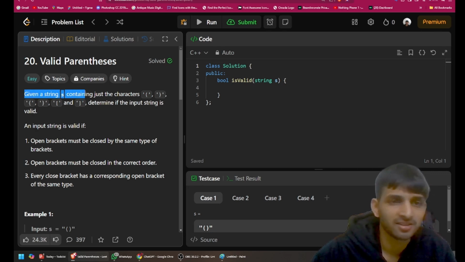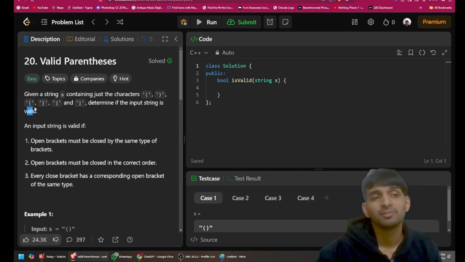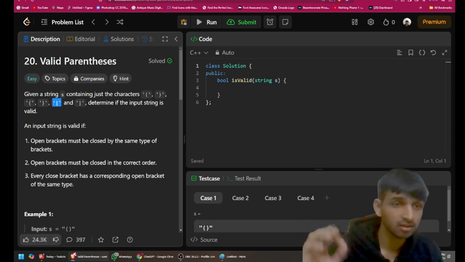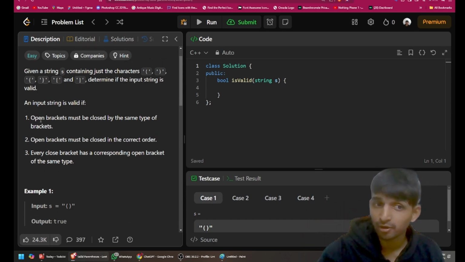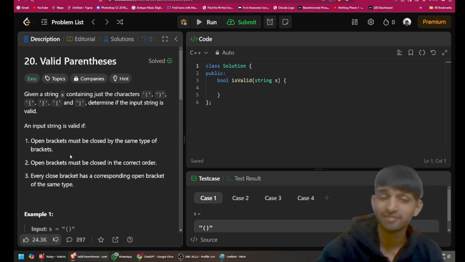Given a string S containing just the characters: the opening bracket, closing bracket, the opening curly bracket, the closing curly bracket, the opening square bracket, and the closing square bracket, determine if the input is valid. An input string is valid if open brackets must be closed by the same type of brackets. Open brackets must be closed in the correct order. Every closed bracket has a corresponding open bracket of the same type. This problem is very simple and